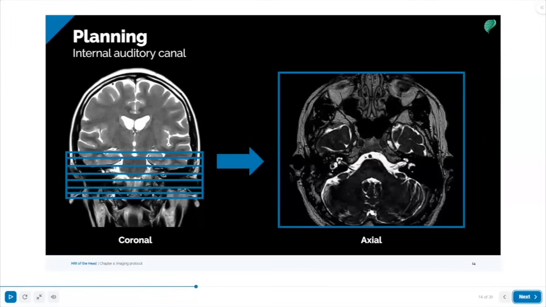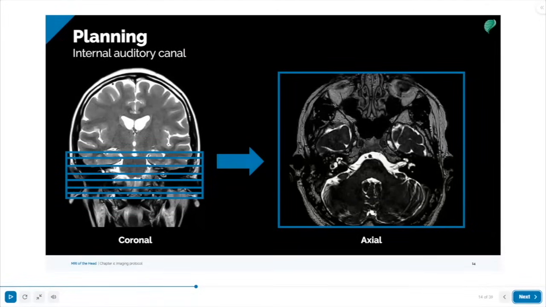You will note that once you master an MRI of the brain, it's pretty easy to move on to any of the other types of imaging of an MRI of the brain. Here we're planning the coronal plane for IAC imaging. Planning the coronal plane for the IACs is the same as the brain, only we will be performing